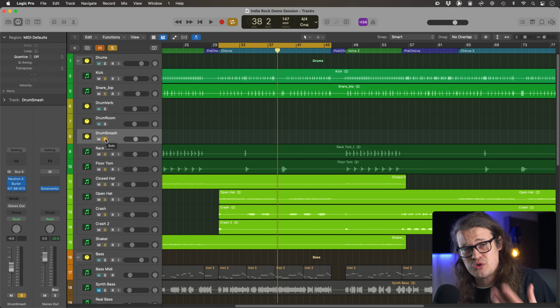So first and foremost, in drum smash, I've got it going through a transient shaper, and that's basically taking off all of the attack, taking off all of the peaks in the same way as Barrier was kind of doing, but it's bringing up some of the sustain as well. So it's just altering the overall peak information and the transient information of those drums, so that when it comes into the next step, it's kind of prepared and it's not too smashy,